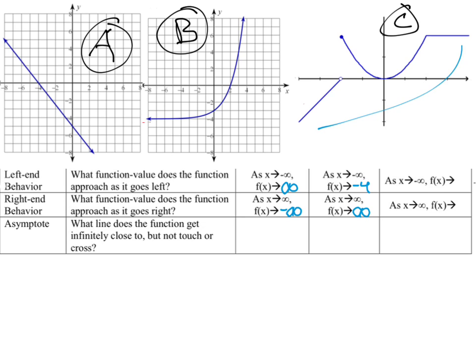And then this function here, on the left side, is just going down forever and ever, so the height is approaching negative infinity. And on the right side, it's constant. It's at the same height here, which that height is 2. So on the right side, it approaches 2. You could actually say it equals 2 if you want to make it more precise there. It just is 2 on the right side. So those are the end behaviors.